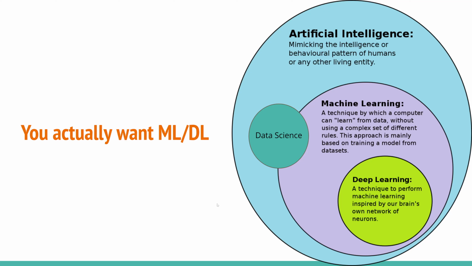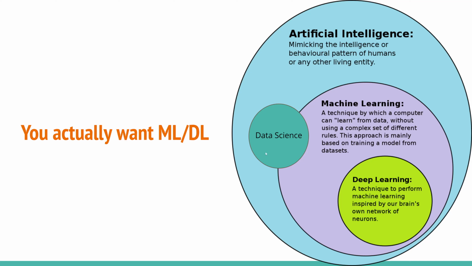So this is what you actually want, machine learning and deep learning, which are subsets of artificial intelligence. Artificial intelligence covers all those broad items, but machine learning is from the computer actually learning from data, and deep learning is from neural networks. Now, the data science role for developers is kind of in and out of the machine learning field depending on what exactly you're doing, because things like anomaly detection could be as simple as using Sigma 3 around your incoming data, which would be more of artificial intelligence than it would be machine learning.